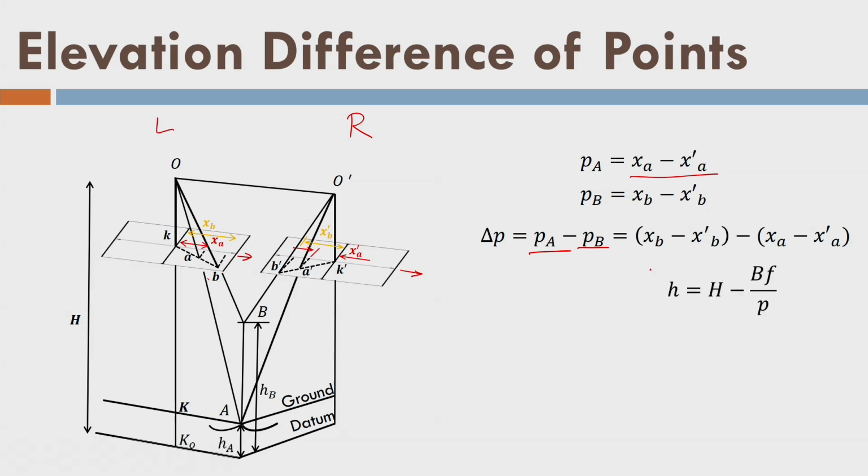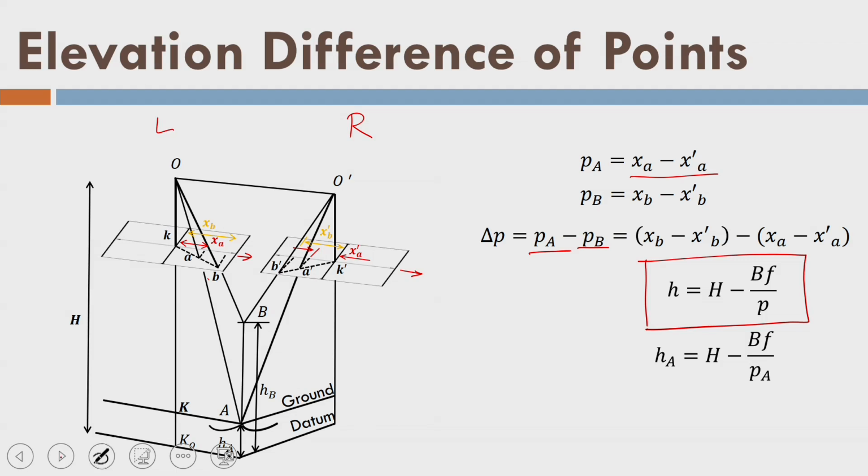Okay. So, now I also know from the previous slide, this is the formulation we have done before. So, I am writing the same expression for point A, that means I am putting PA here, and that is it. Similarly, HB I can write like this. If I am measuring the parallax of point B, I can write HB. If I am measuring the parallax of point A, I can write HA. But I want to find out the height difference of A and B, that is the height of the building, because it is a vertical height of a building, right.